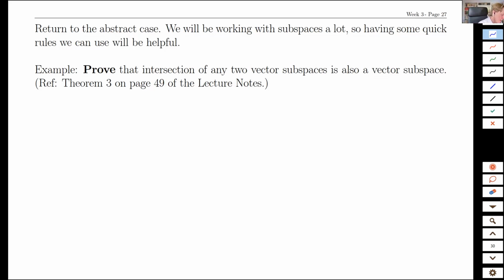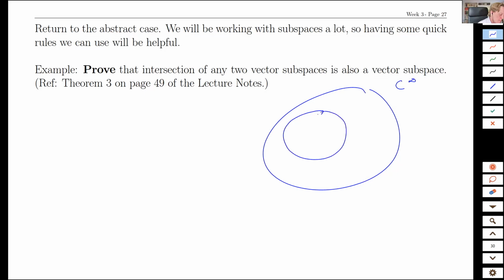on a set? For example, if we have a big set here, imagine C infinity. And what if we put some set V in that set? And they said, oh, there's some other criteria, W. And so this could be that the two values at 0 and 3 are the same. This could be that its derivative equals itself. What can we say about the intersection? Do we have to go through all the work of, not too much work, but still, do we have to go through the work to show all three axioms are true, even for something like an intersection? And the answer, fortunately, is no,